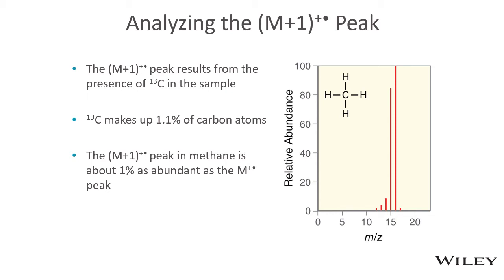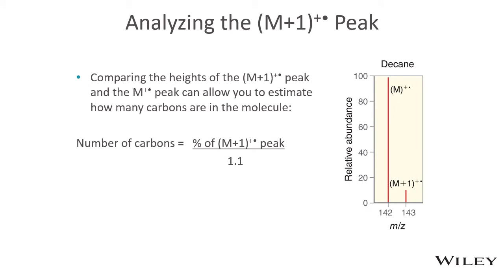Now we can compare the M+1 peak to the molecular ion peak to estimate the number of carbons we would expect to find in a molecule. By comparing the heights of the M+1 peak to the molecular ion peak, we can estimate the number of carbons in a molecule. So we'll go ahead and estimate the number of carbons using mass spec data for decane. Now just from the name alone, we know that decane is a 10-carbon hydrocarbon chain. That's because the prefix deca means 10. So we will estimate the number of carbons using this mass spec data